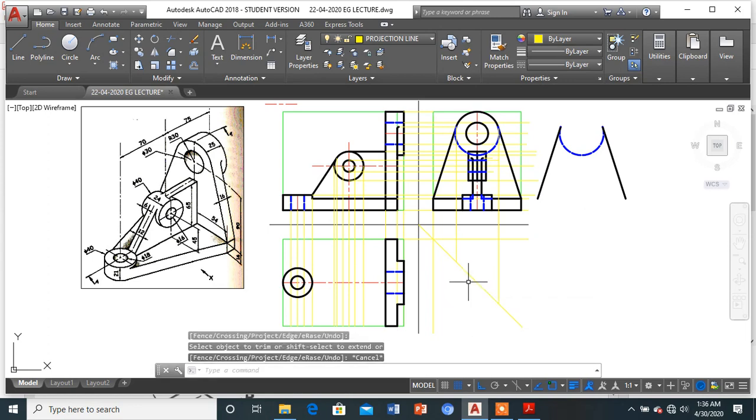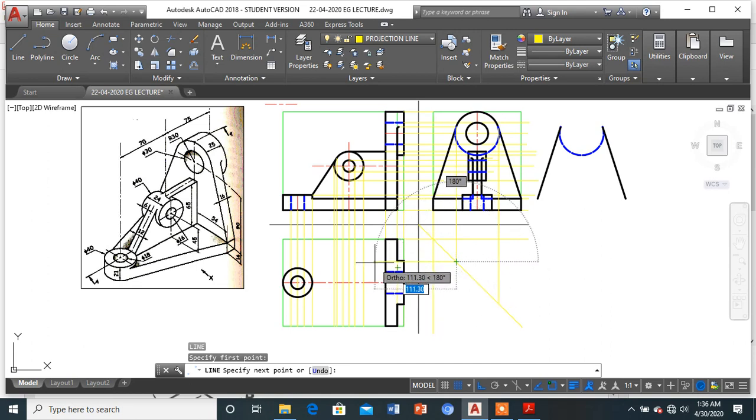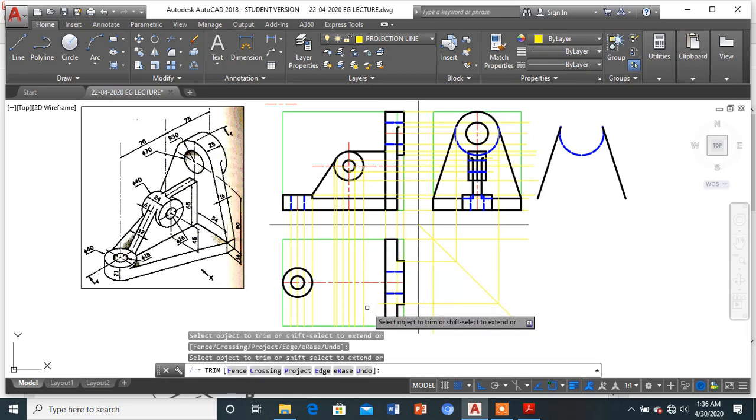Okay, now this is the line from where I can project it back like this. Even this is the line from where I can project it back like this. Where I don't want, I'll be simply deleting these particular lines.